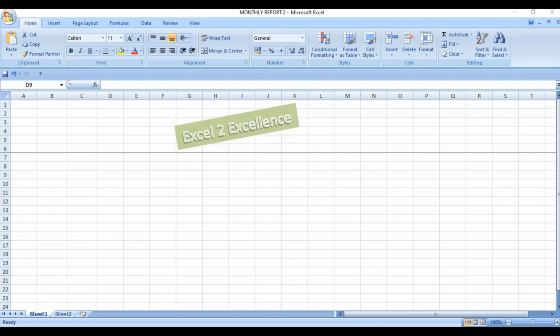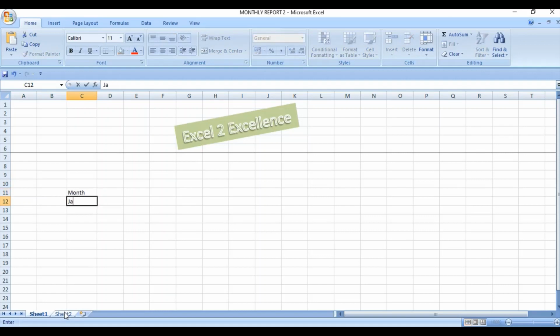Friends, at first we will create a drop-down list of months. This will save us from writing the month name manually again and again. Further, all the functions which we will use in the monthly report sheet depend on this list of months. In a separate sheet, we will create a list. So right here, the title.